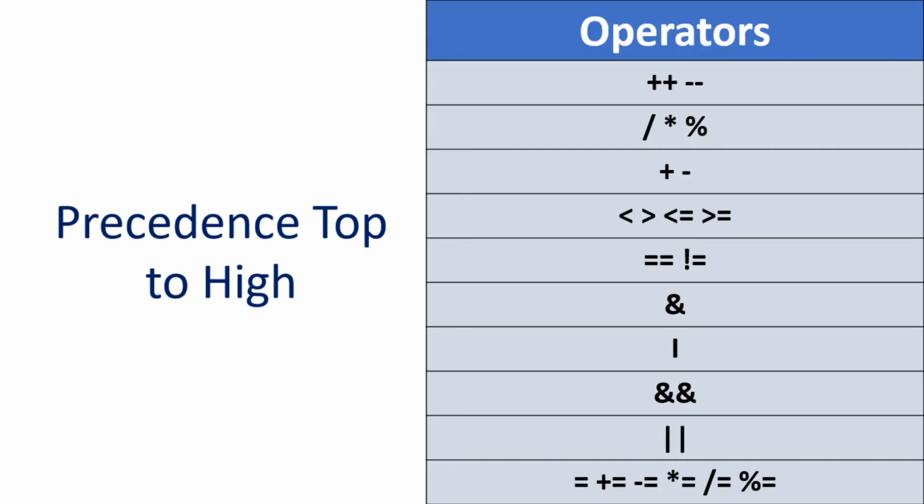So what is precedence actually? In the previous examples, we see that we have used only one operator in one line or in one statement. So what if we use multiple operators in one line? How will the Java compiler or NetBeans IDE process it? So here comes the precedence.